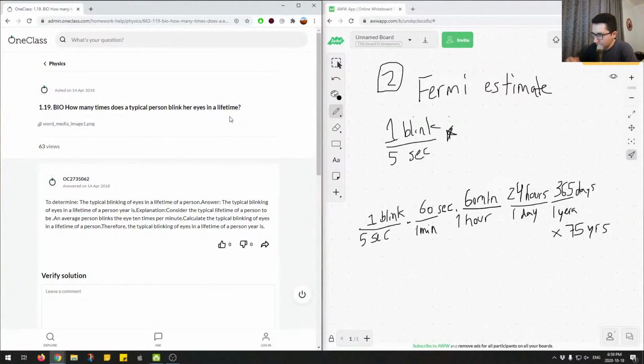So you can see that the units cancel out. The seconds will cancel out with seconds, minutes with minutes, hours with hours, days with days, and years with years. And then we'll end up with just the unit, the number of blinks. So we'll do this calculation. We'll use our calculator over here. We'll say 1 divided by 5 times 60 times 60 times 24 times 365 times 75. And then we end up with the following: